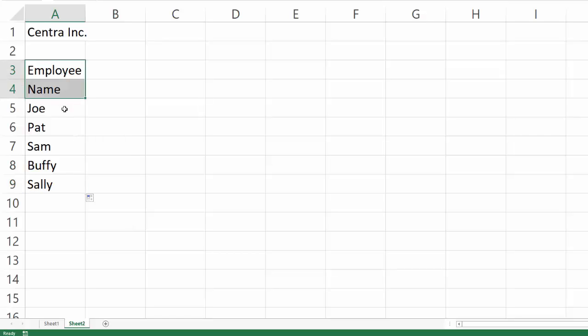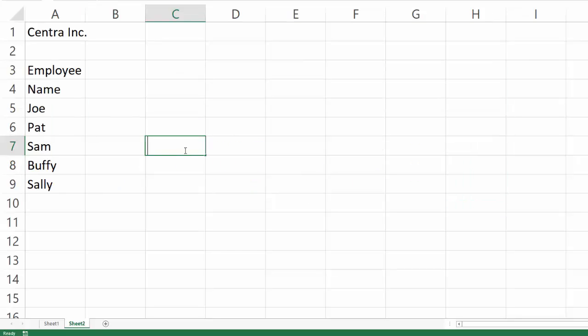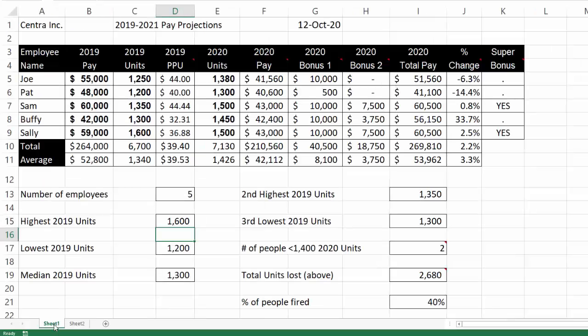And by the way, I'll just show you. If I highlight all of this, I can actually copy everything across to the right, and all those numbers come up. Now you obviously don't want all of them because they're already on the other sheet. So here's the reason we do a reference versus a copy paste, is that if I change anything in my master data, for example, Joe, then everything everywhere else on every other sheet that you refer to it will also